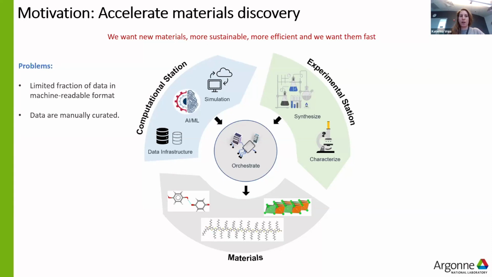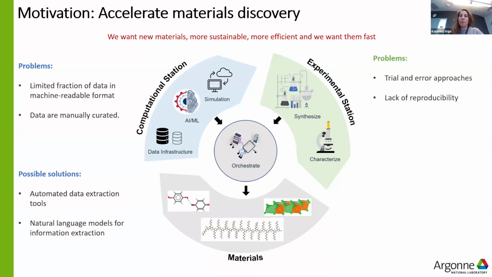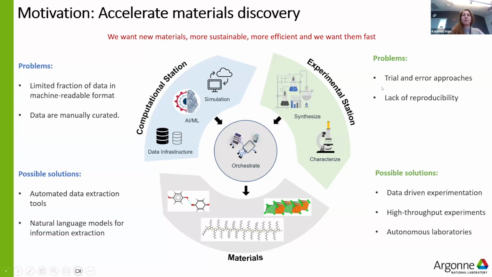But there are several challenges. First of all, we have limited data in machine-readable format, especially in literature. So we have to manually create data and extract the information that is relevant to our materials. So we can develop automated data extraction tools and use language models to automate this extraction. We also have experiments that are based on trial and error, so we lack reproducibility. For those reasons, we need machine learning, data-driven experimentation,